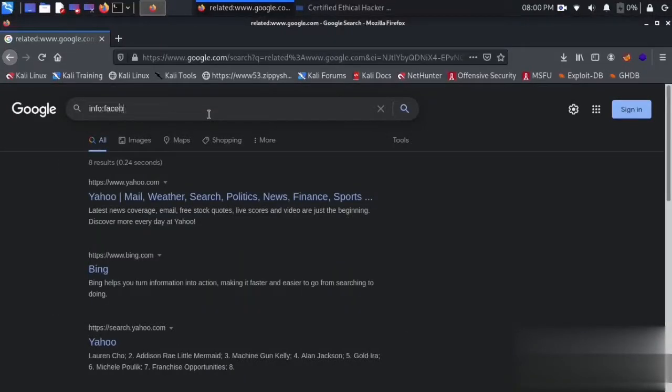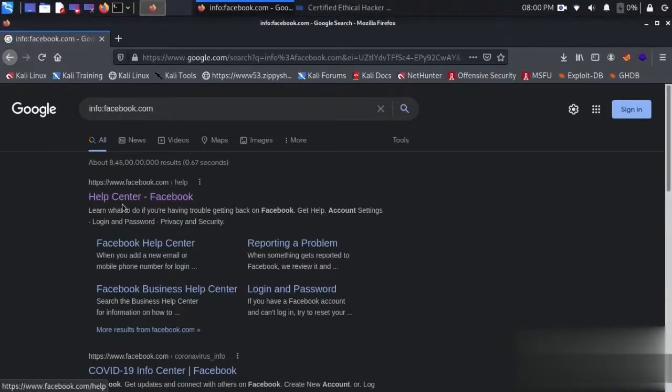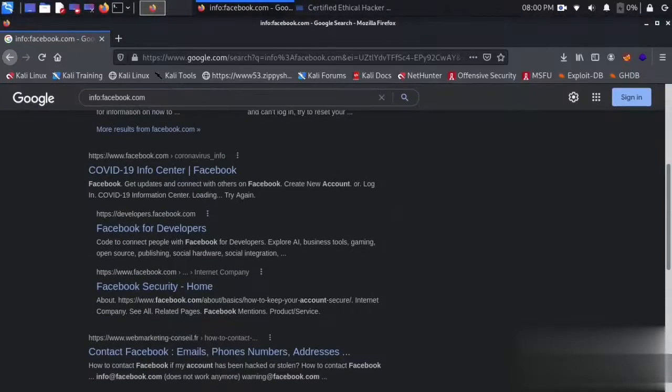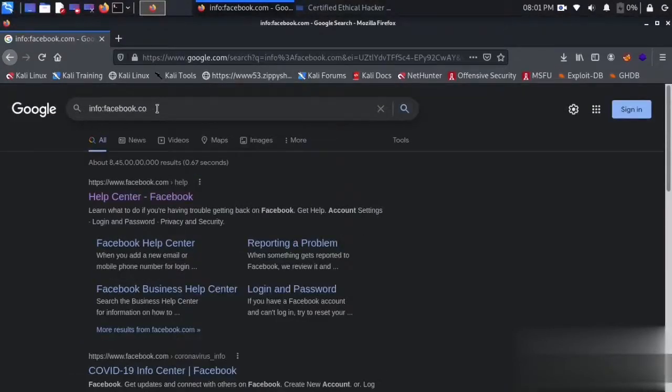Now let's change the query to info, and let's get info about the Facebook homepage, facebook.com. What this does is that it will give information about the Facebook homepage, that is help center, info center Facebook, etc., which is basically providing information about the page.